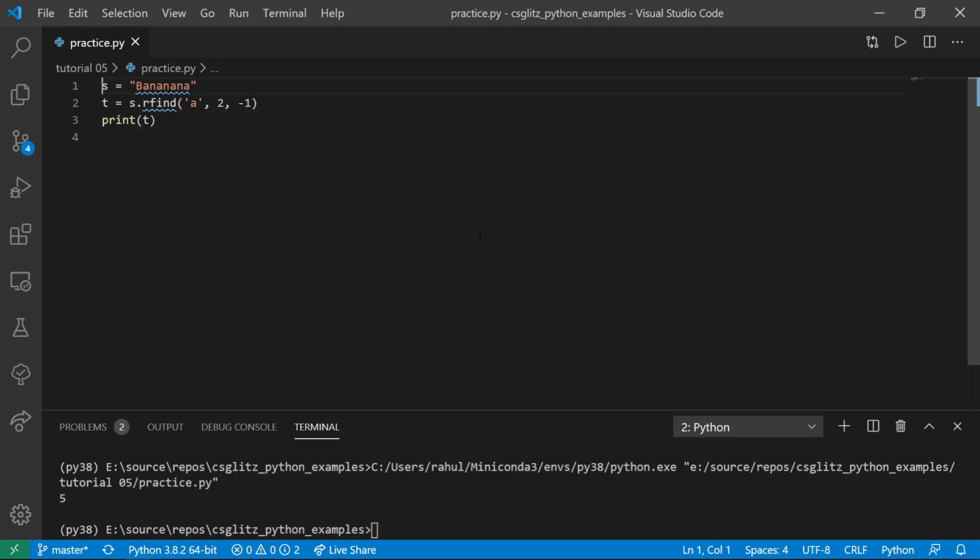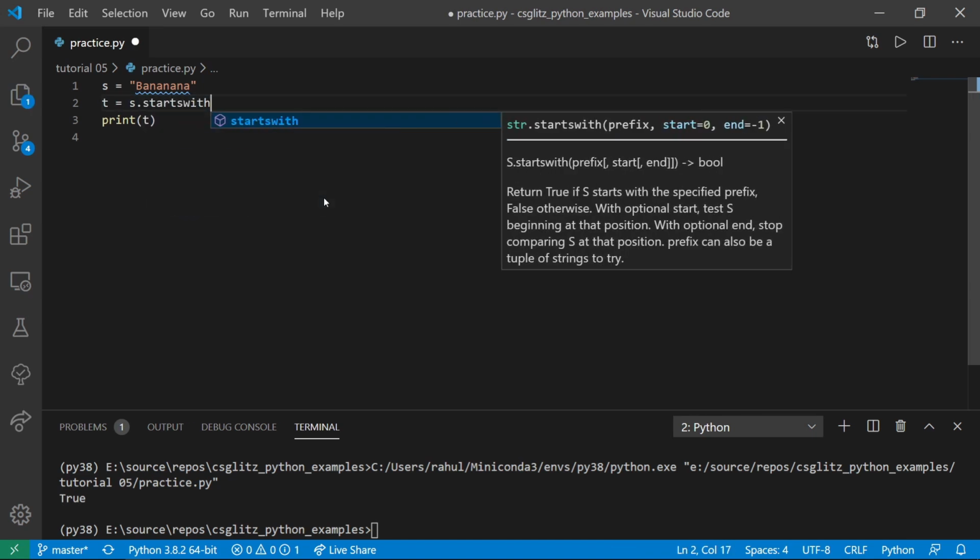However, if we want to know whether a string contains a substring or not, then it's better to use a membership operator. There are two such operators, in and not in. They return a bool value. We can also check whether a string is starting with another string or not.